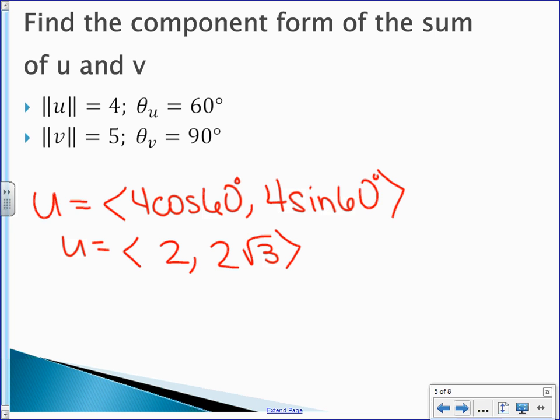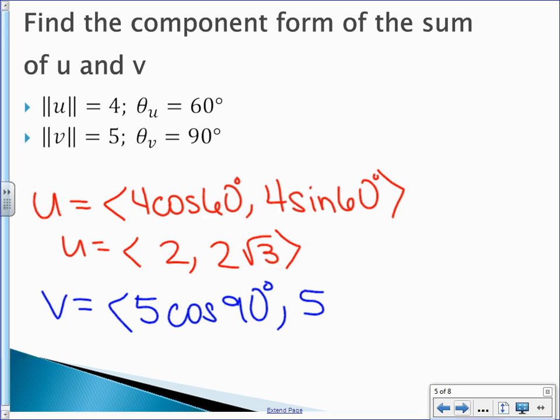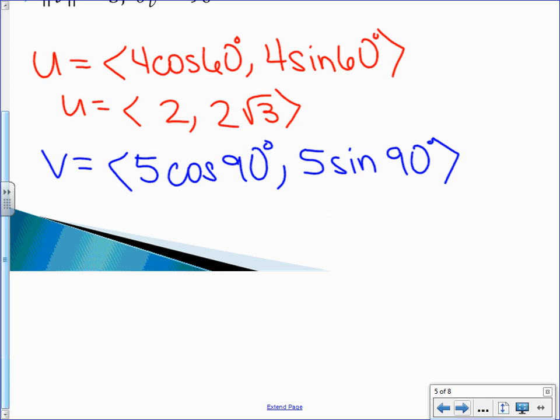All right? Now we need vector v. Vector v, so we're going to have magnitude times the cosine of theta, then magnitude times the sine of theta. What's the cosine of 90? What's the sine of 90? 1. So 1 times 5 is 5. So what we have,